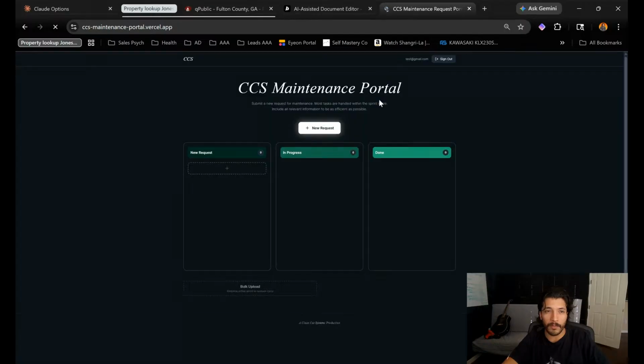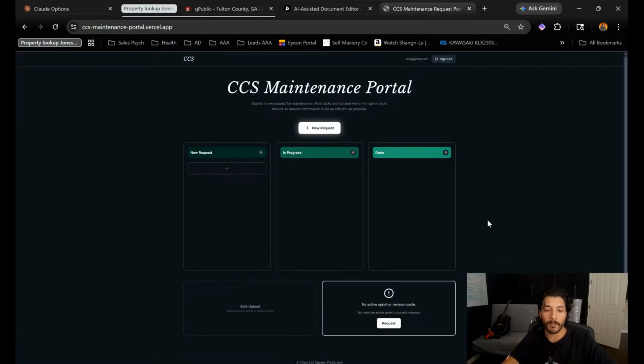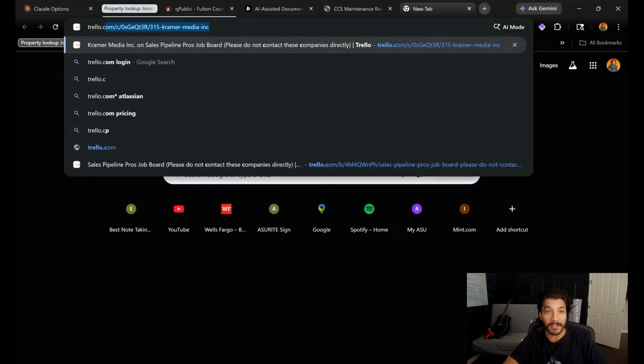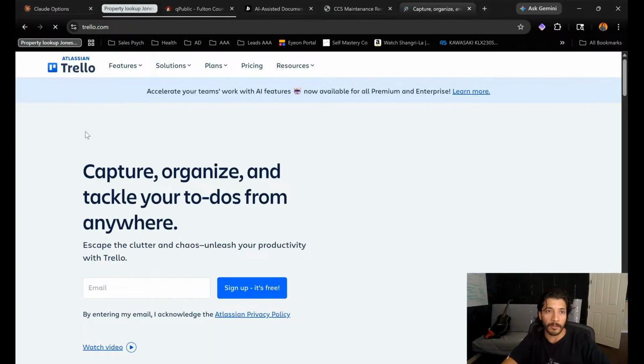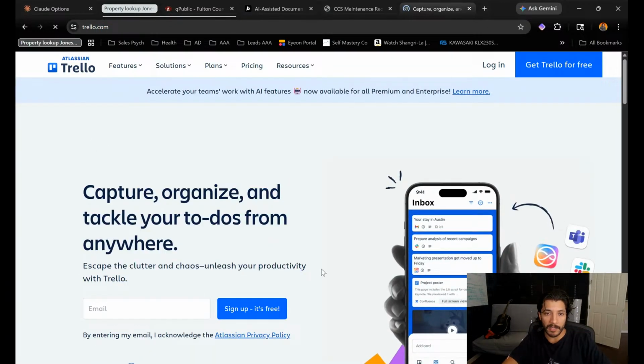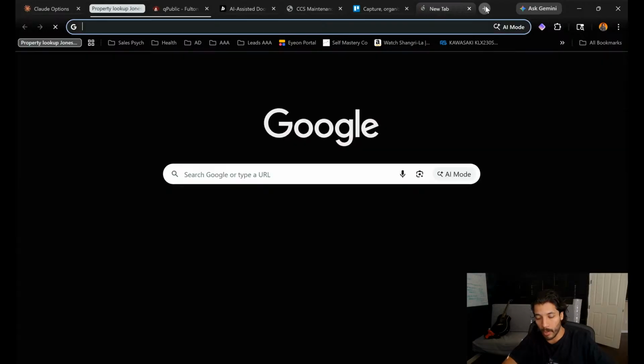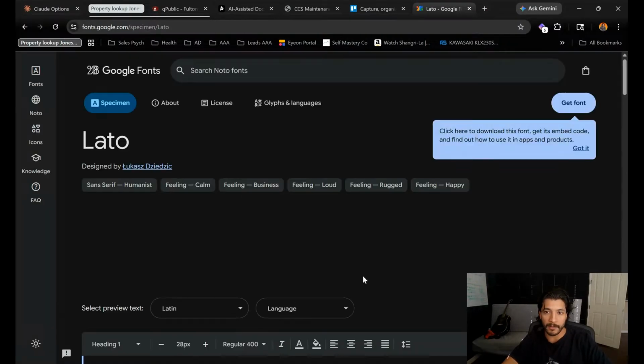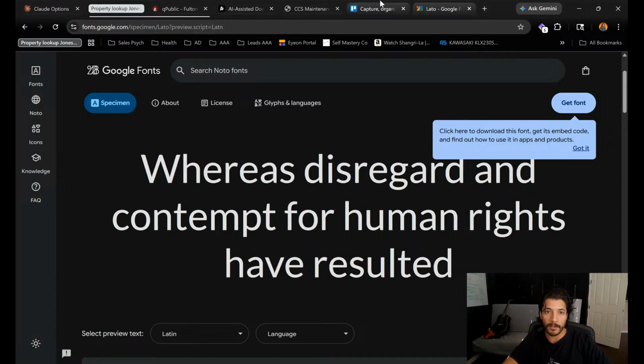This is an example of a maintenance portal that I built. And you see, I don't know, to me, that just looks kind of sexier and cleaner. I know that all the biggest ones these days have some very friendly looking sans serif font. But personally, I'm just kind of tired of that. It's all the same. It's all Lato. If you know Lato, it's just a stupid free font that's everywhere.